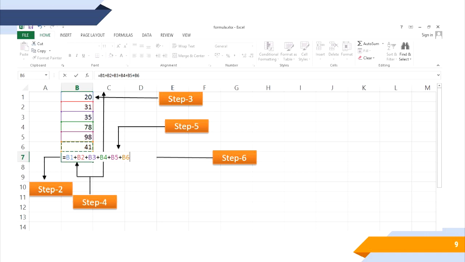So the next cell reference will be B2. Repeat the steps till B6, or you can type equal to B1 plus B2 plus B3 plus B4 plus B5 and the last one plus B6 in cell B7. This is how we work with the basic formulas. We have learned how to do addition by using the equal to symbol, range of cells and data. Very important is the range of cells: whichever cells you click and use, those cells will be calculated.